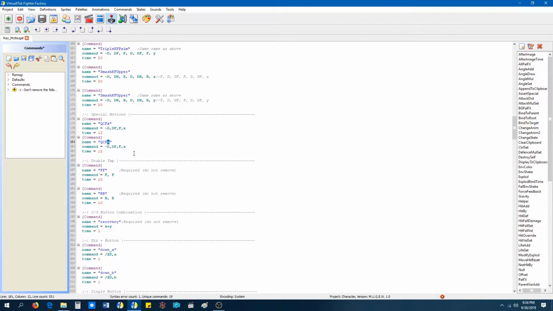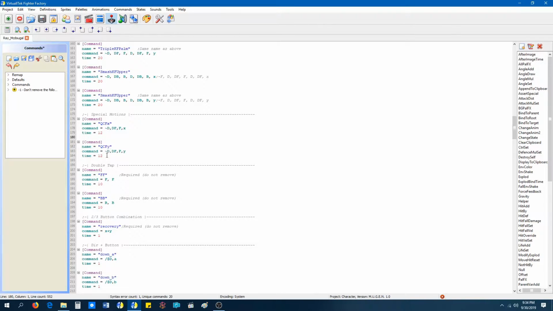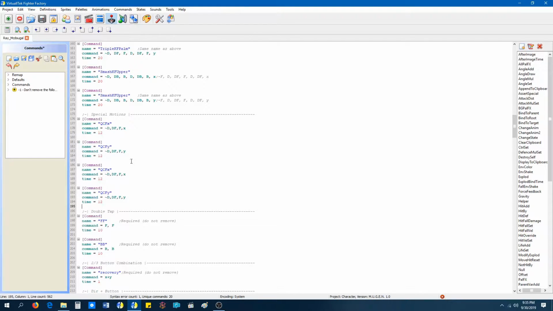Quarter circle forward Y. This would be A and B if your controls are opposite. Mine are opposite, so my controls are actually wrong, but use whatever your punch buttons are. I'm going to copy and paste it. I'm going to quarter circle back. A and B, these are my kicks, and I have to change this. Down, back, down, back,